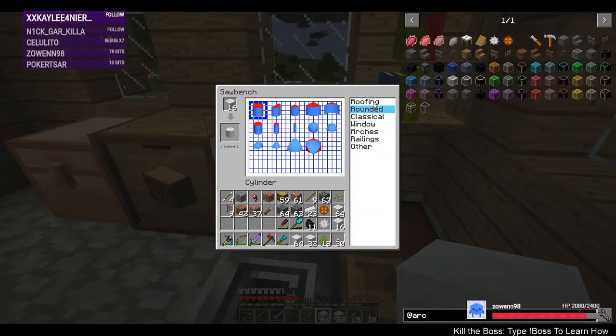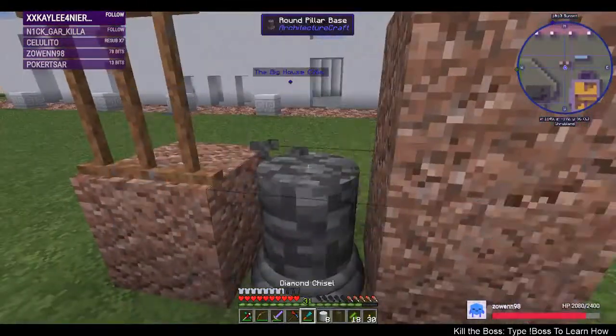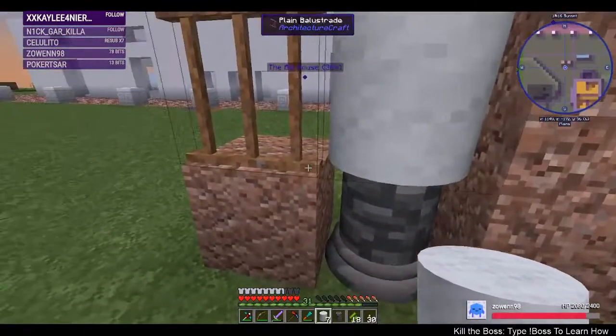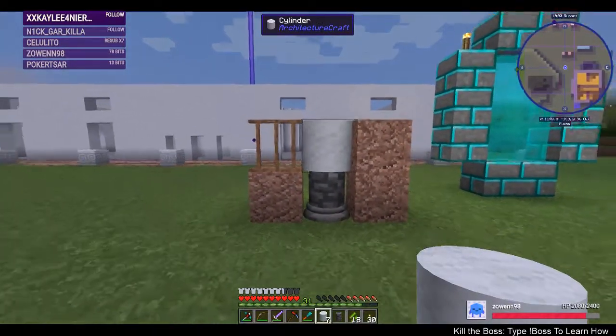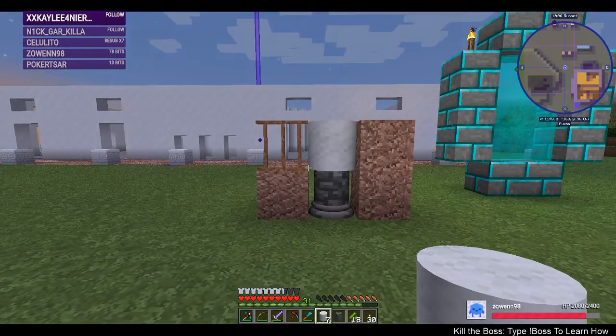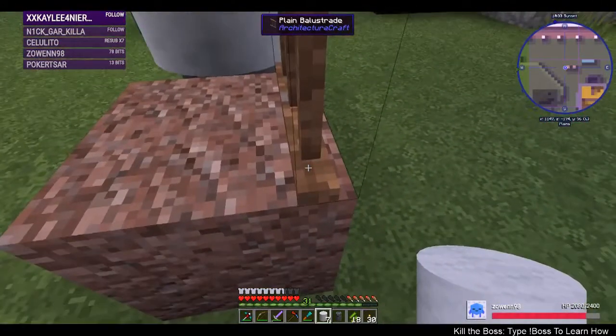Classical or, that one looks bigger. The cylinders. It is bigger. It would be less of a... Ooh. From a distance, that looks like it touches. So if I did chisel and bit railings, like I wanted to, in the middle of the block space instead of on the edges...